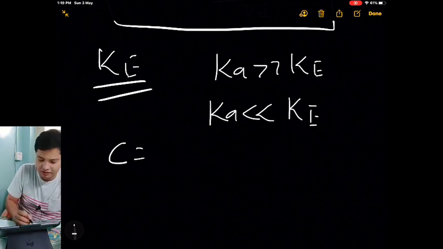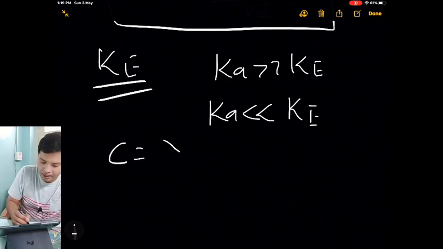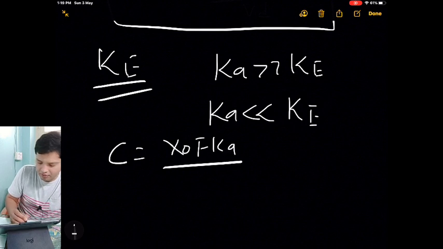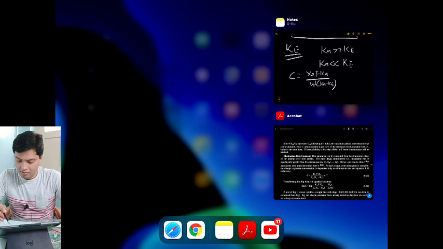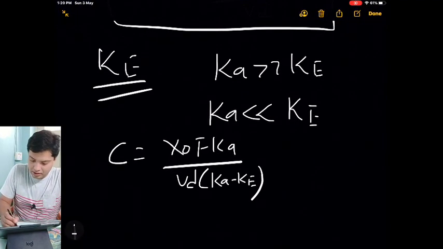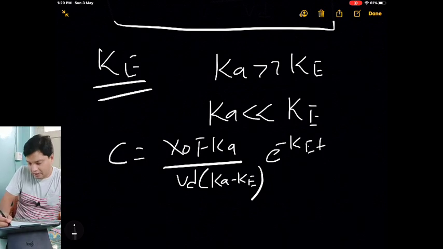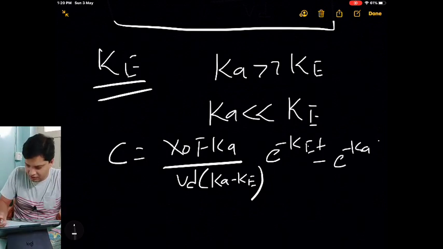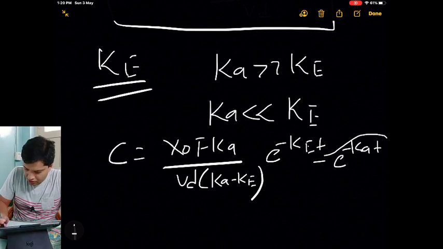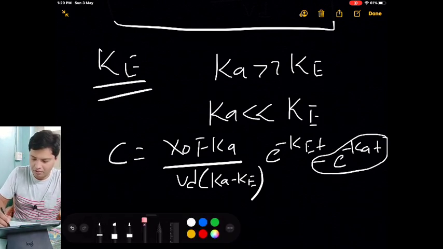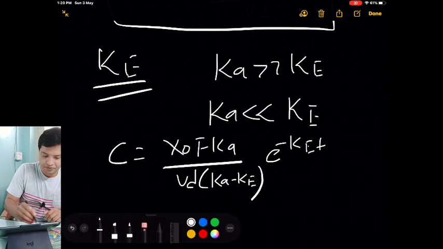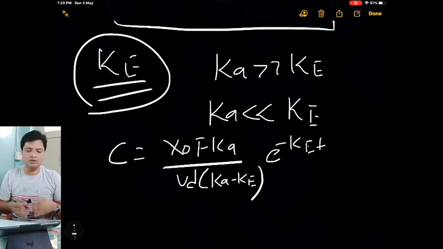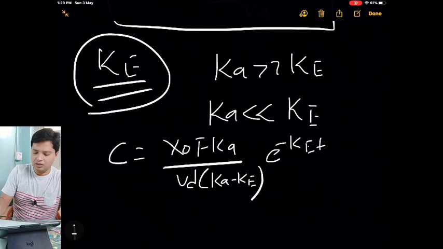So C is equal to our first equation, X naught Ka divided by volume of distribution into Ka minus Ke, into e to the power minus Ke t. This is our first equation. Because the absorption term will become 0, I will not consider it, so I am going to eliminate this one. I am going to consider this one because we are concentrating on deriving the equation for the elimination rate constant. At the elimination phase, absorption will be 0. That's how the equation looks.